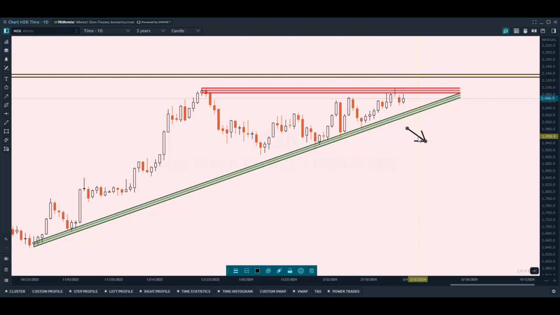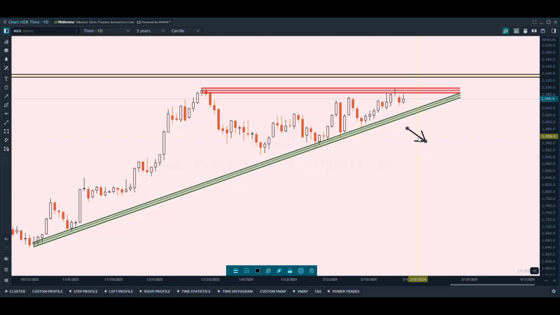So I mentioned the ascending triangle is generally a statistically bullish bias. The symmetrical triangle is a very neutral setup, and that's actually something that I've touched on in a previous educational video. So if you are interested in learning more about symmetrical triangles, definitely check out that video on the Optimus Futures YouTube channel. And then you also have descending triangles, which a lot of the time can be bearish. However, they are statistically bearish, meaning that you can have breakouts to the upside, but more often than not you will